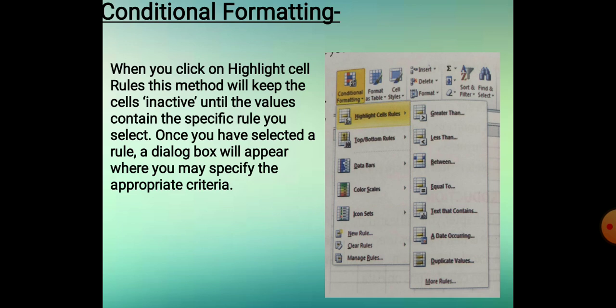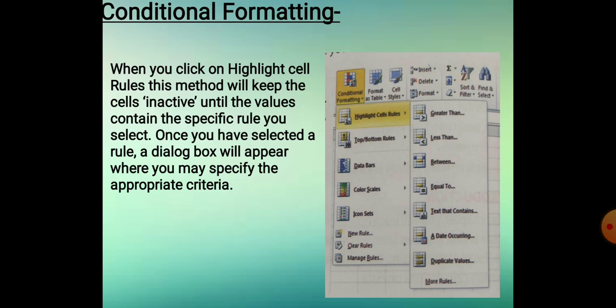Conditional formatting. Conditional formatting responds to the contents of cells. It is almost always applied to a group of cells. For this, we have to click the Home tab, then locate the Styles group and click on the downward arrow of Conditional Formatting.